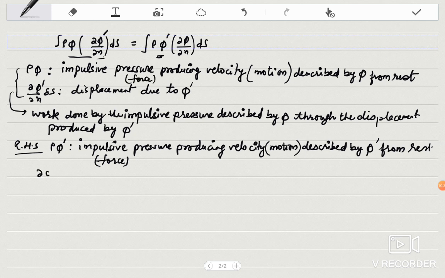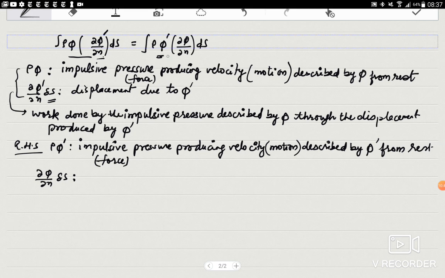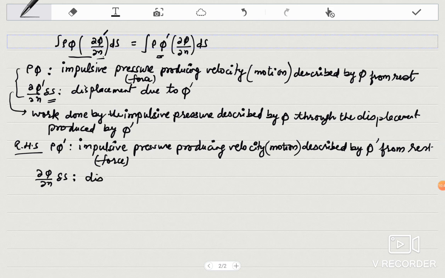And what is delta phi delta n ds? Actually, it is for the surface delta s, and when I put the integral, it is for the whole surface. So it is displacement caused by phi, and the combination of the two again will give work done